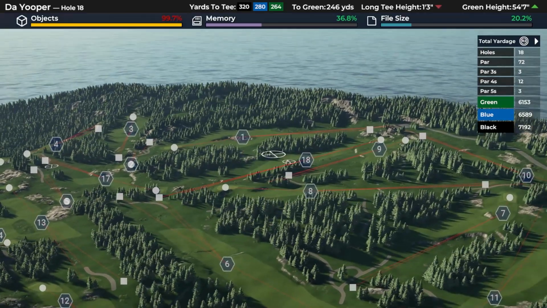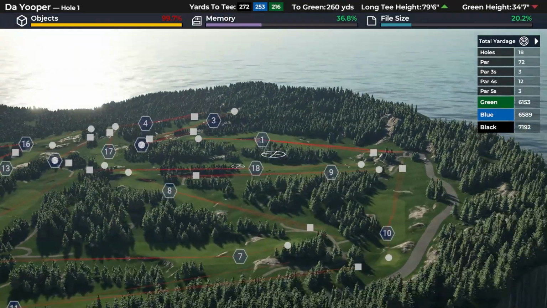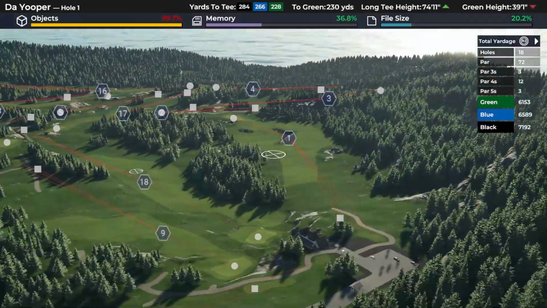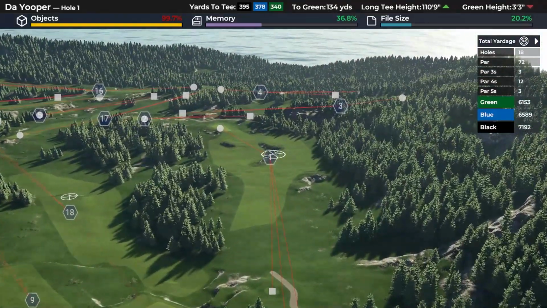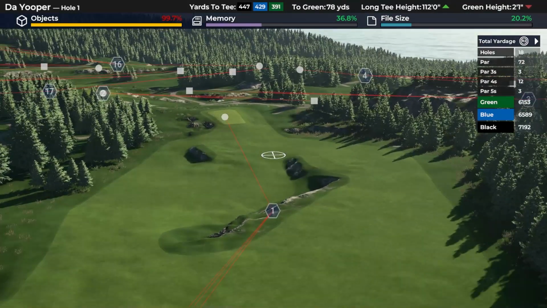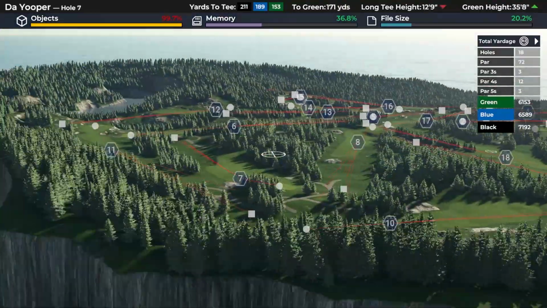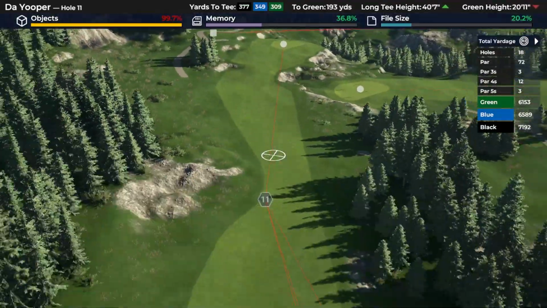So what can you take from this course and use in your own designs? Well, firstly, the power of just elevation change and land movement to create interesting shots. I'm aware I've used the word interesting a lot without really ever defining what that means, and it's going to be different to different people, but for me it's a shot like on 11, this one where you're hitting a